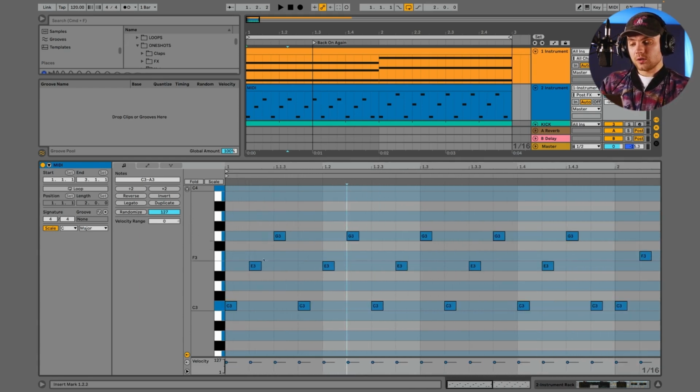We could now say, okay, I want the third note, the G, for example, to be playing an A. So we just transpose it up 2 semitones. If you want to hear the note that's currently getting played, you have to enable this little headphone here. So now